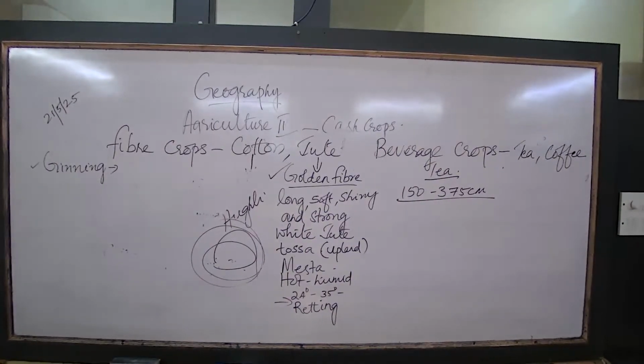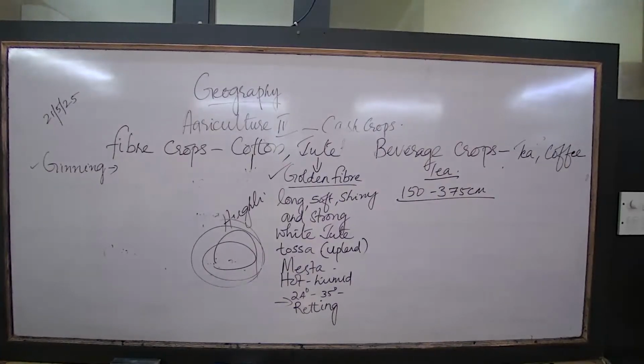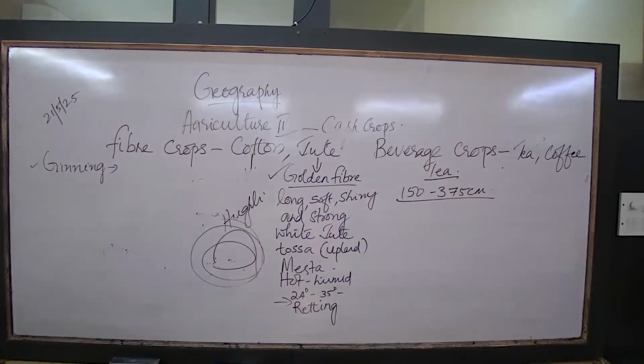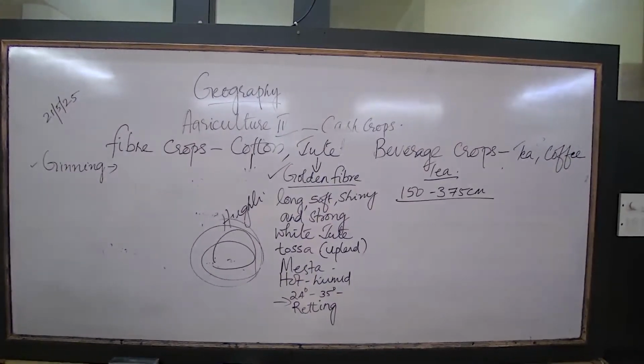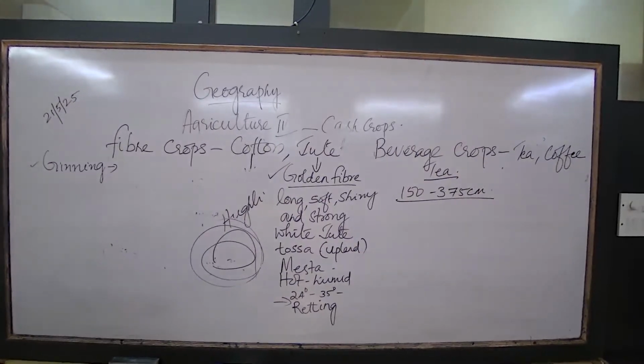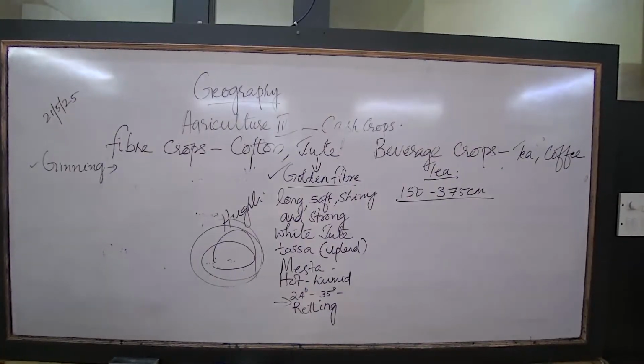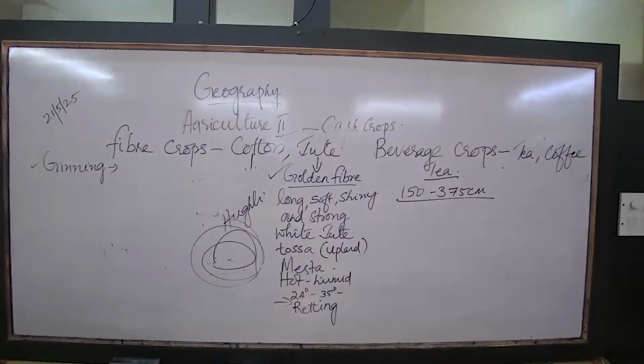Second, the leaves are dried, graded, and packed. Afterwards, the leaves are allowed to dry and then packed and sent. Processing of oolong: it is prepared by partially drying and fermenting the leaves. Partially drying and fermenting, that is oolong. So we have seen first black tea, how the preparation is done. Second, we have seen green tea, how it is prepared. Oolong tea is partially dried and fermented.